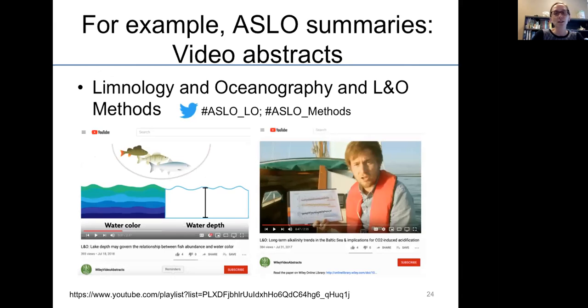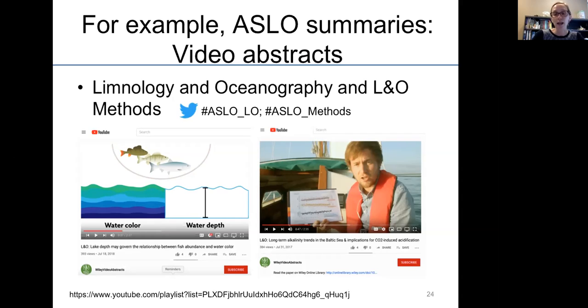That can be really challenging to do in such a short space. Another option for doing this is video abstracts. L&O and L&O Methods allow you to present video abstracts, and it's posted on their YouTube page. This is for papers that have been accepted. And you can do this in a lot of different ways. The example on the left here is an animated abstract.